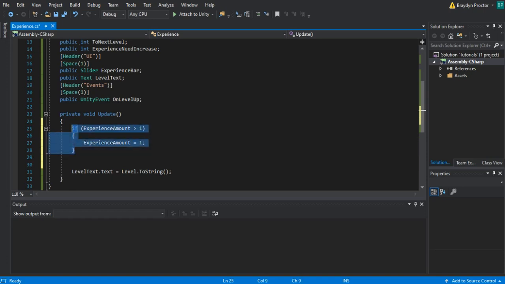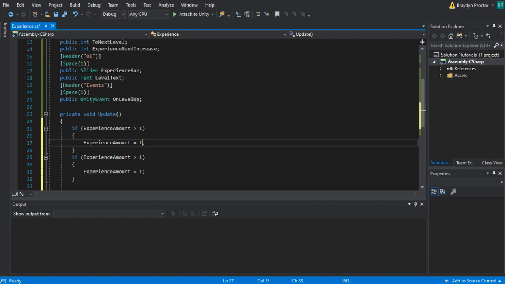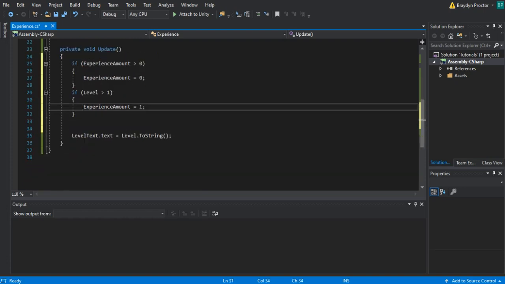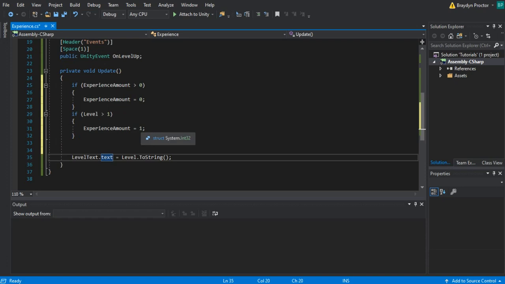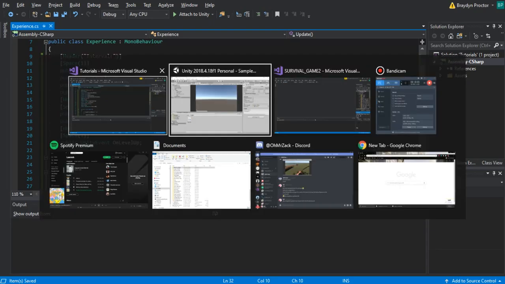But anyways, then we're just gonna go ahead and copy this. Wait, experience amount. Sorry, no, experience amount. That's why I had it set. If experience amount is set to 0, then leave it at 0. If our level is less than 1, then it needs to be 1. Making it impossible to actually go into the negative. So if we go ahead and save real quick,